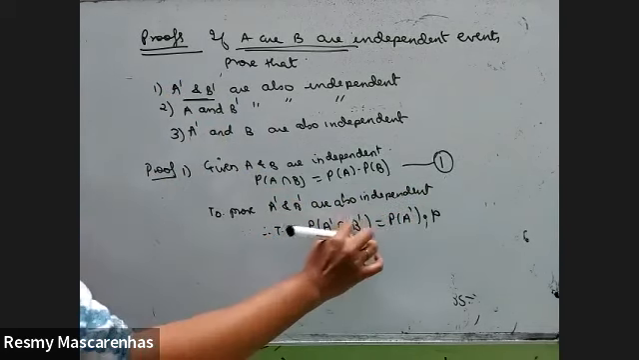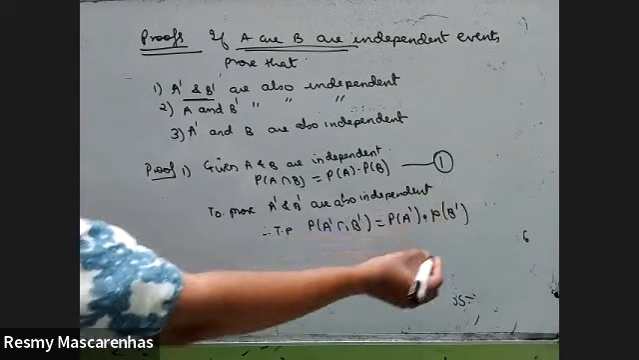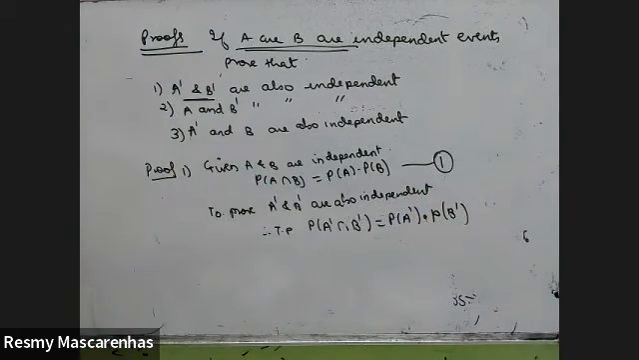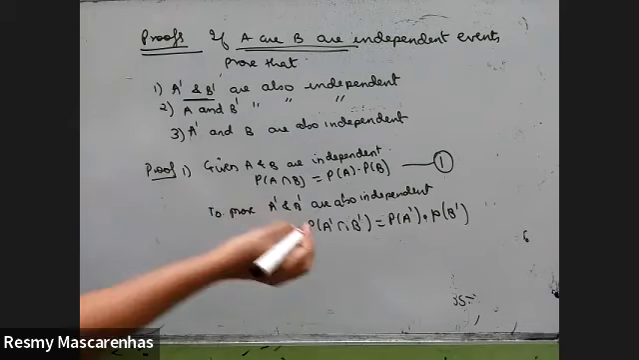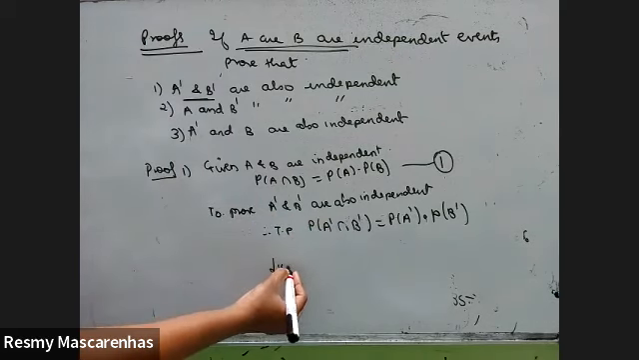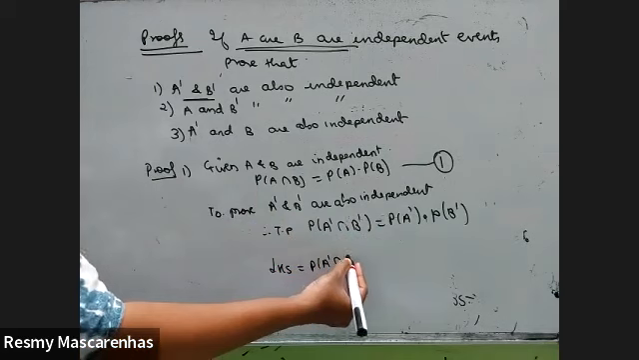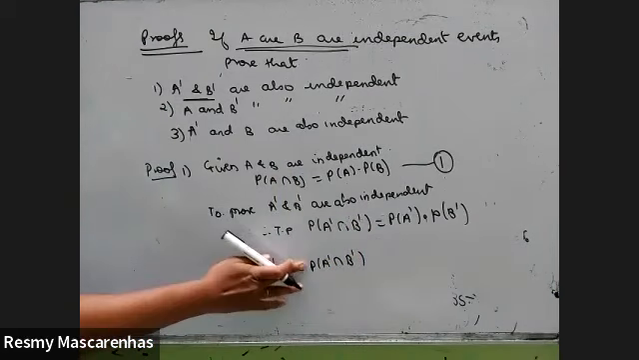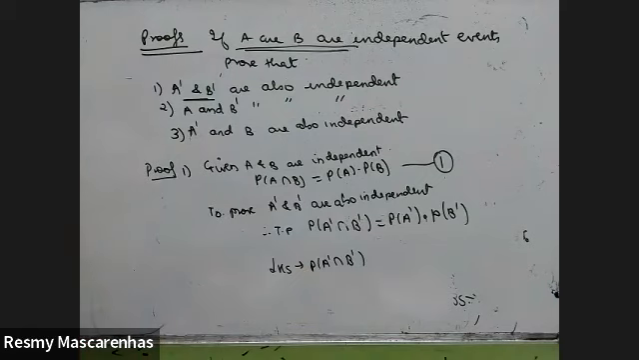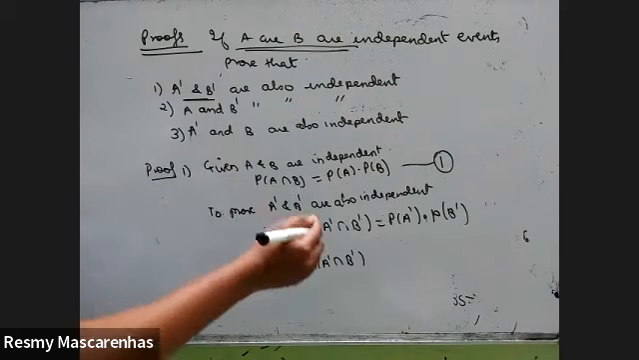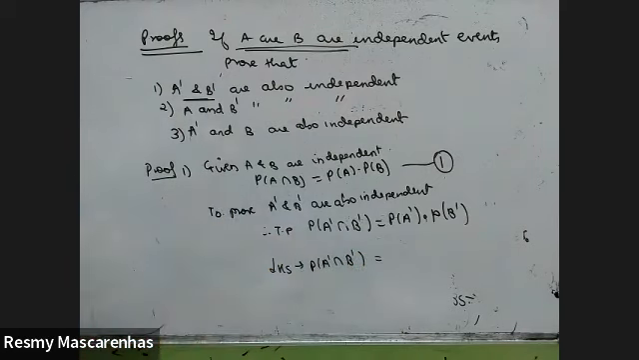Independence means directly this will become multiplication. The final answer you should get this. We will start with the left hand side. P of A dash intersection B dash will be